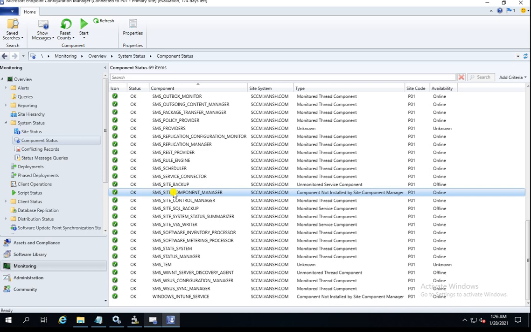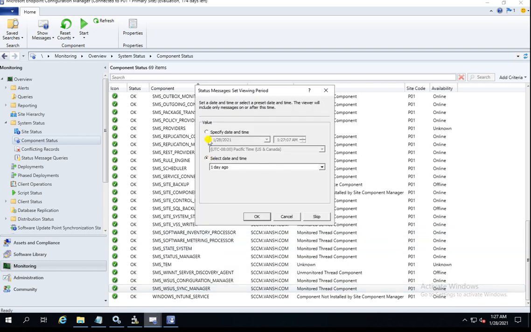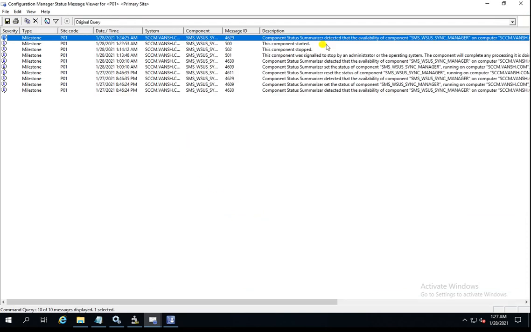It totally depends on what kind of thing you are going to troubleshoot and what the error is. I just showed you one example. Let me show you the other logs. If the WSUS Sync Manager is not functioning well, then what you can do is click OK and check the log file.